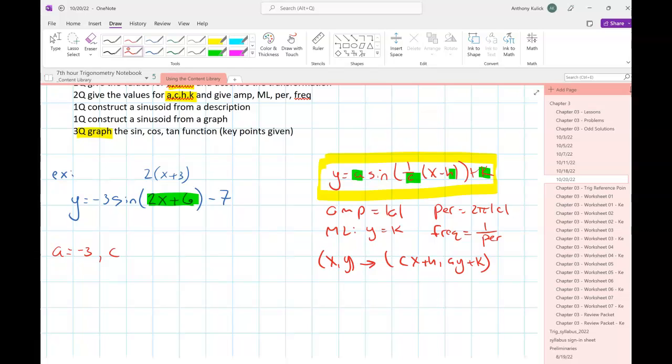All right. Now note here that the 2 is 1 over C, not C. So what is the value for just C? 1/2, right? That coefficient is always the reciprocal of C. Everybody's okay with that? And the other place that I always get you guys, what's the value for H here? -3. Remember, the H is always the opposite sign that it looks like in the problem. And then the K is just